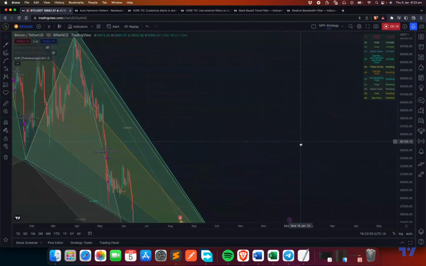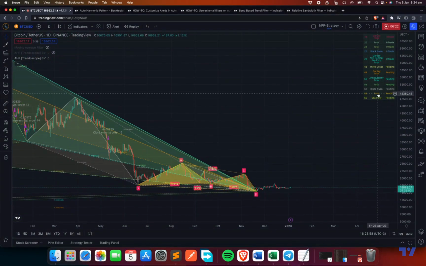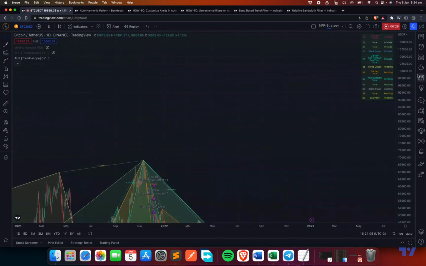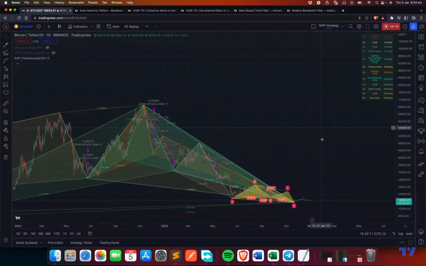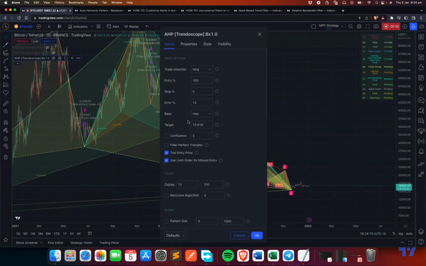It will be somewhere long up, right? That's because the risk reward set is pretty high, which is 10 point something. Instead, if you reduce this to 1 point something,